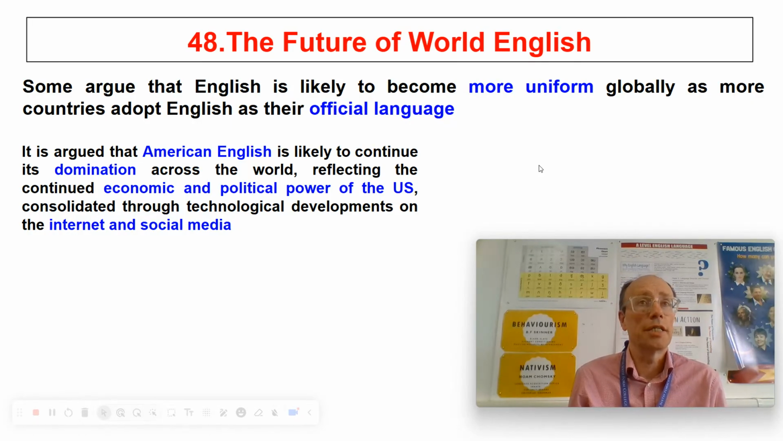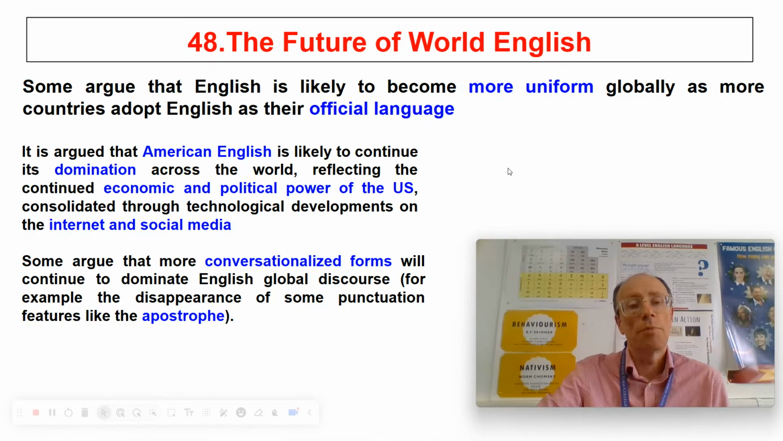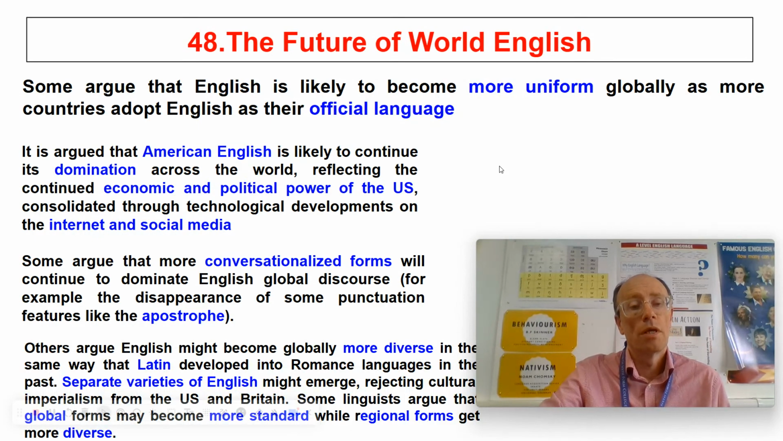And that's going to be consolidated through technological developments that we've got on the internet and social media. So much of the internet traffic across the globe is done in English. Some argue that these conversationalized forms which are happening in English are going to dominate English globally. So you get more informalization. You might, for example, from a graphological point of view, see the disappearance of some punctuation features like the beloved apostrophe of possession. And others are arguing that English might become globally more diverse, in the same way as